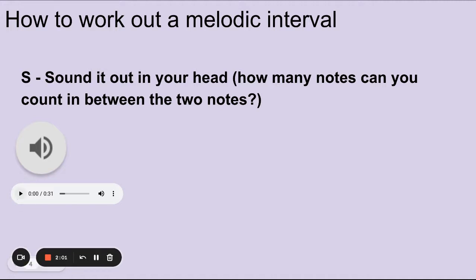Here is the first example of two notes we need to work out the interval between. Okay. Ba, ba. I now need to count the notes in between to help me work out the distance between those two notes. Ba, ba, ba, ba, ba, ba. Okay, so there are